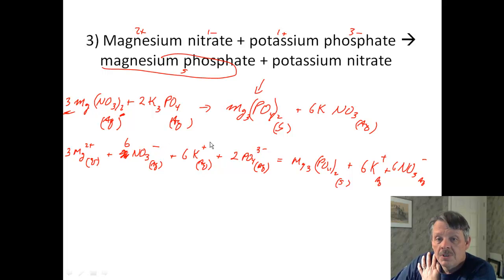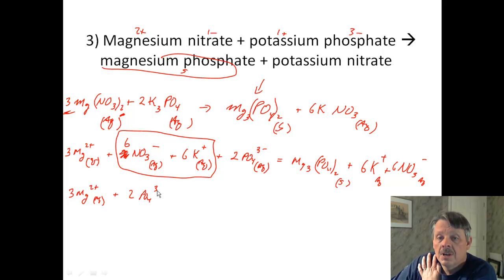Alright, so my 6 nitrates cancel, my 6 potassiums cancel, they are on both sides, they're both aqueous. So what I'm left with is 3 magnesiums with a 2+ charge, and they're both aqueous. And I have 2 phosphates, and they both have a 3- charge, and they're both aqueous. And they are going to produce